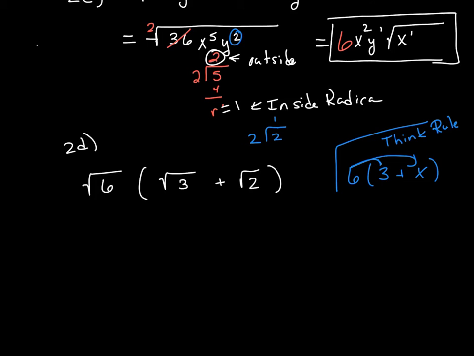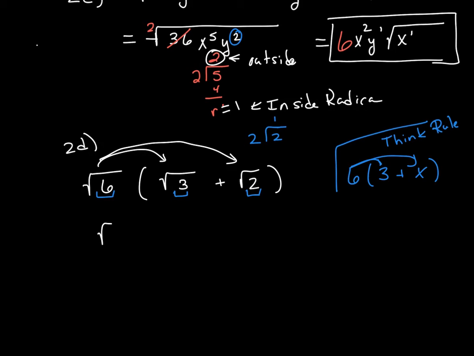Well, because of that, and this idea of what I'm doing over here, this is just to help us figure out what my rules are. Because math is one of those things that whatever the rule is, it will always be the case. So that's what I'm going to do here. I'm going to take 6 and multiply it times 3. And then I'm going to take 6 and multiply it times 2. And the reason I can multiply those numbers, again, is that all of this is underneath the radical. So I go ahead and do that. 6 times the square root of 3 and 6 times the square root of 2,